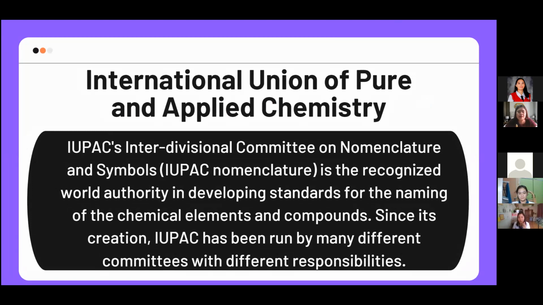Okay. So we actually have an authorized organization for the nomenclature and symbol of elements. So that is the International Union of Pure and Applied Chemistry, or in short, IUPAC. So makita natin sa IUPAC sa lahat ng periodic table. So if you have time, you can check your periodic table as well. Kung wala kayong makita, magbili kayo bago kasi baka fake yan, mamali pa kayo sa quiz. So yun, basta si IUPAC, i-remember natin, siya lang talaga yung authorized organization na responsible for the nomenclature and pagbigay ng symbol sa mga elements.